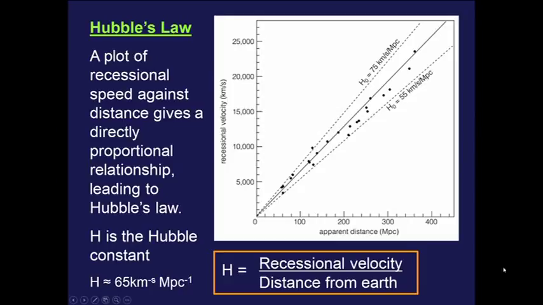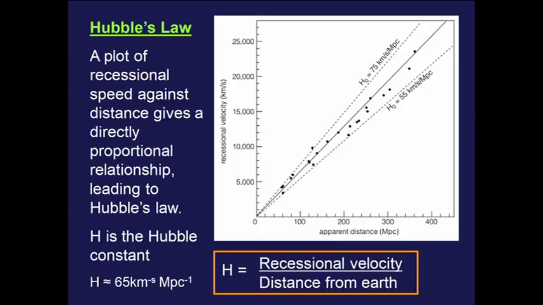And the Hubble law basically says that the further away something is, the faster it's moving away from us. Okay? And the Hubble constant H is the ratio of the recessional velocity to the distance from the Earth. Now the units for it are not very standard. They are the recessional velocity in kilometers per second per megaparsec. And you can see from this graph that there's a solid band that runs through the middle, the line of best fit, which runs along basically 65 kilometers per second per megaparsec. That is the Hubble constant, 65 kilometers per second per megaparsec.